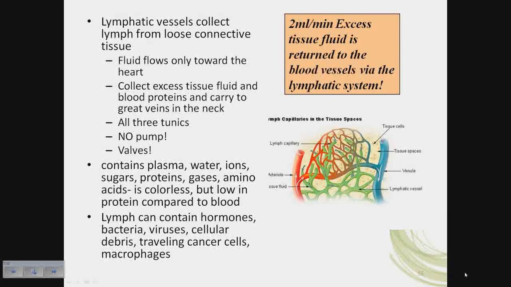So lymphatic fluid is similar to plasma. It's derived from plasma. It's got the fluid from plasma. It's got ions and sugars and proteins, but it's not the same as plasma. It's got less protein than plasma. So we say it's lymphatic fluid, giving it a new name. It can also contain hormones, of course, bacteria, viruses, cellular debris, traveling immune cells like macrophages, and cancerous cells too